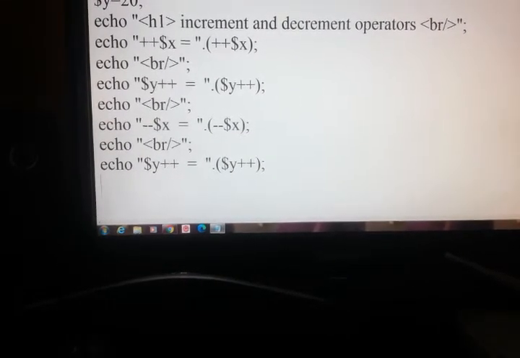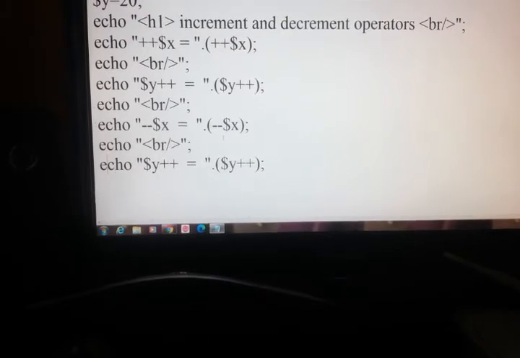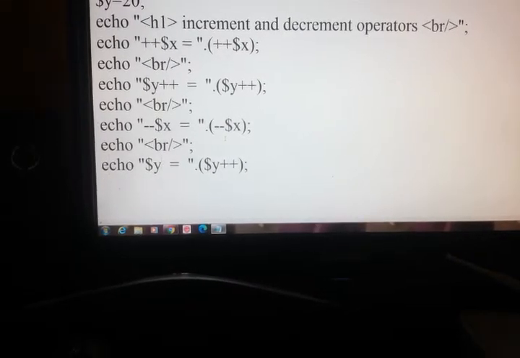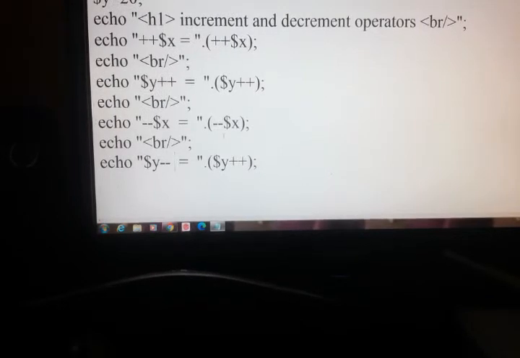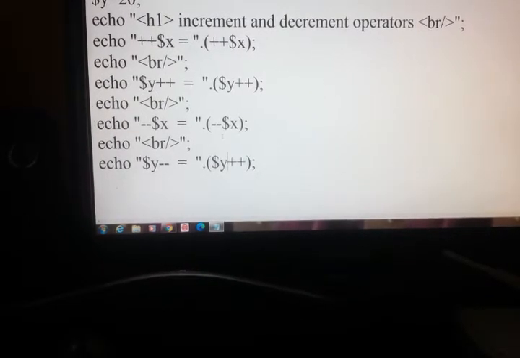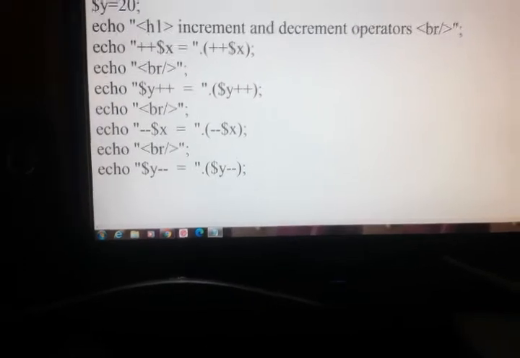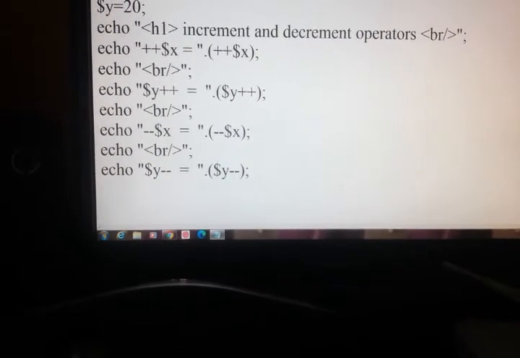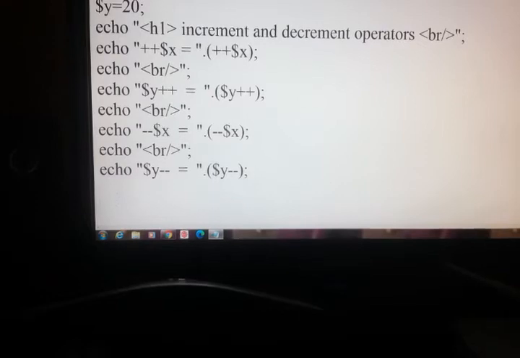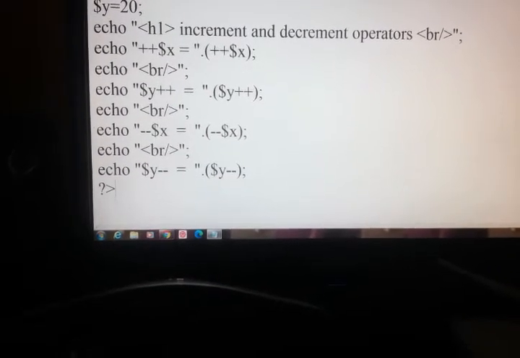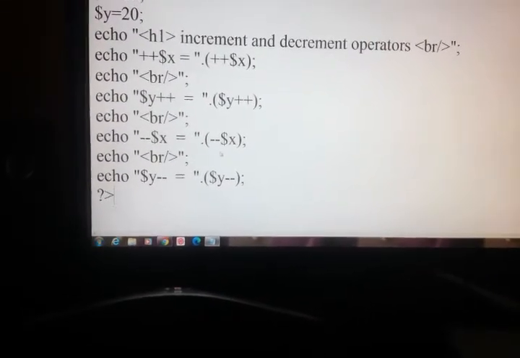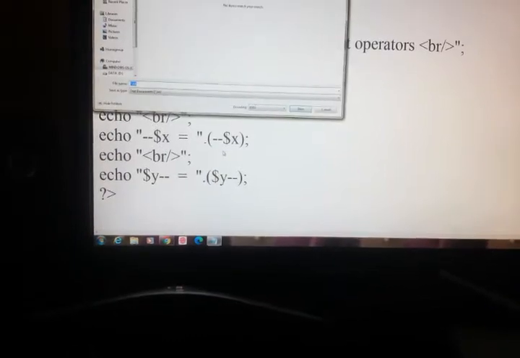Then post decrement. Then we'll close our PHP and just save the program.